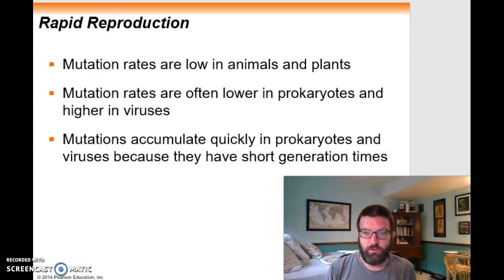That said, for prokaryotes, where you can't have sexual reproduction, they have to find other ways to expand their genetic variation. And the biggest way is rapid reproduction. So bacteria and archaea have very, very fast generation times. And so even if you don't get quite as much diversity generated in each individual generation, you have a lot more generations per unit time.